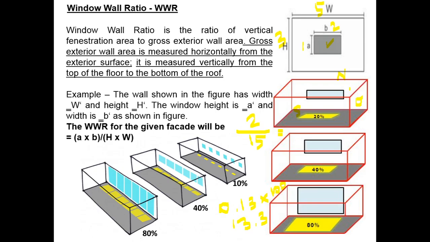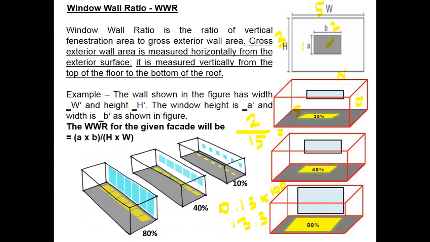In the same manner, this window wall ratio is necessary to calculate the daylighting levels and also the radiation levels. So this is a very important topic when we start a sustainable design. We generally note down the orientations, then we come to the fenestration. When you come to fenestration, this window wall ratio will play a major part in determining your design elements such as walls and windows.